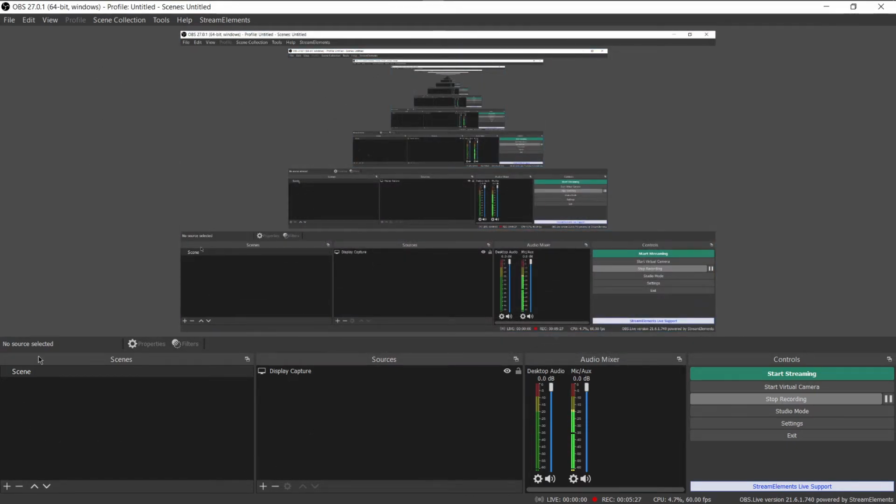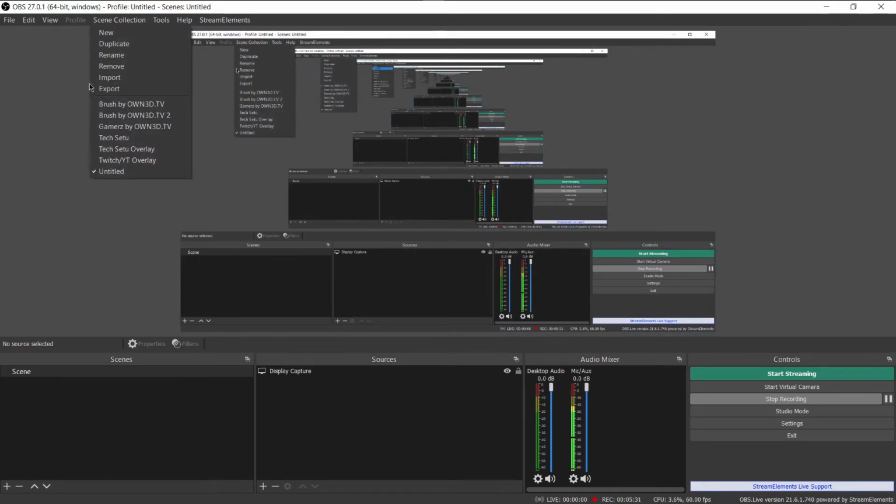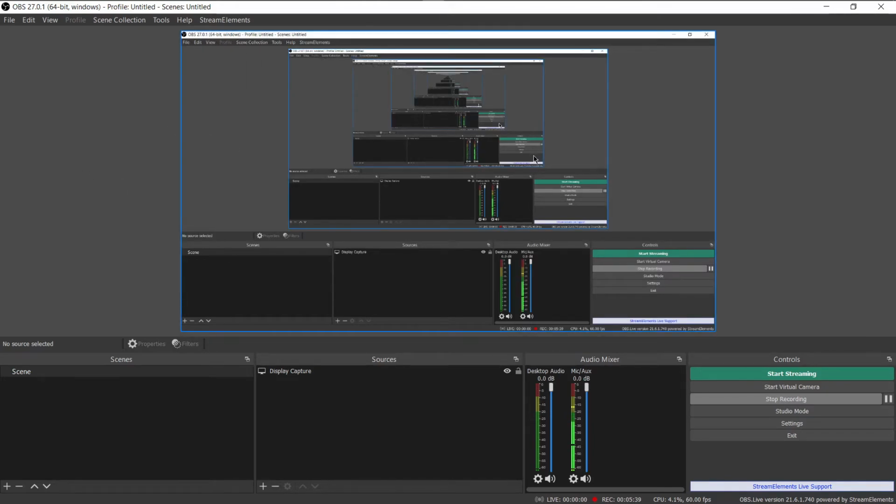So you will see like nothing will be here, so don't worry. Click on scene collection and then click on the text setu overlay that you had imported. Just click on that one and it will be all imported. As I'm recording right now, I can't import it, otherwise it will mess up my recording. So you can do that.